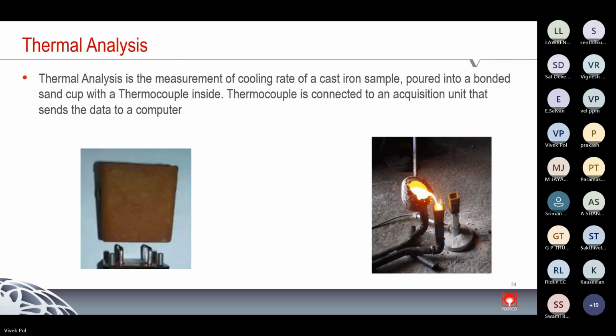So maybe the majority of us are aware of this type of CE meter. Many foundries are using a CE meter, something like that. The cups are installed on the stand, and we pour the liquid metal, and inside the cup there is a thermocouple, which tells us the different thermal parameters and their readings. We need to interpret those results to understand metal quality.